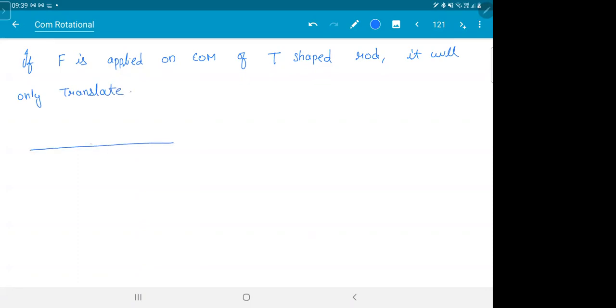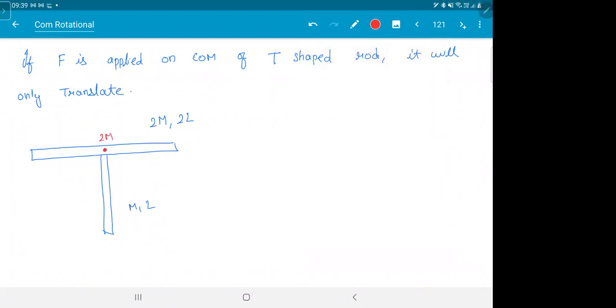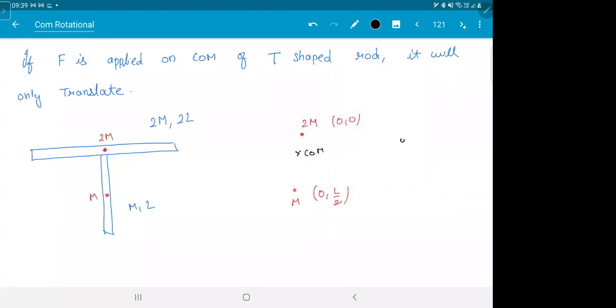Now where is the center of mass? The mistake you made earlier is this. What will be the mass of the upper rod? 2m, the length is double. This is mass m and length L. Where is the center of mass of this rod? Here. Where is the center of mass of this rod? Here. So basically it is like two particles, 2m and m. This one has coordinate 0, this one has coordinate L/2. The center of mass of these two will be somewhere here. So y center of mass would be (2m times 0 plus m times L/2) divided by 3m, which is L/6. So this distance is L/6. That's your answer.